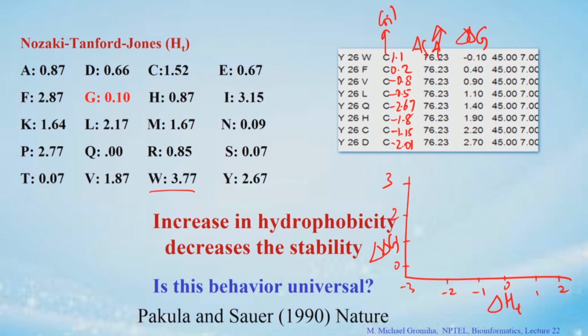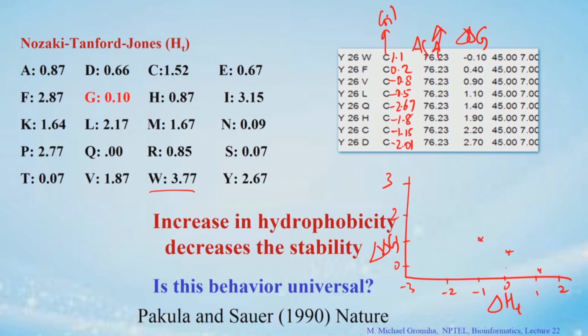Y26W, 1.1 and minus 0.1, somewhere here, and the second one Y26F, this is 0.2 somewhere here, and y axis 0.4 somewhere here, and the third one Y26V minus 0.8 and 0.9 somewhere here,